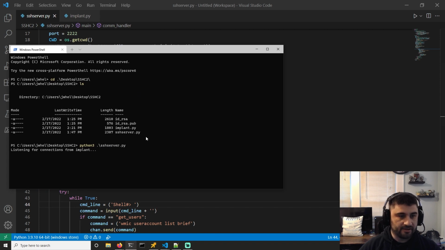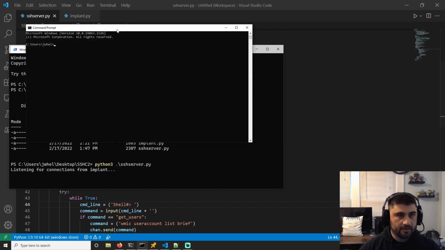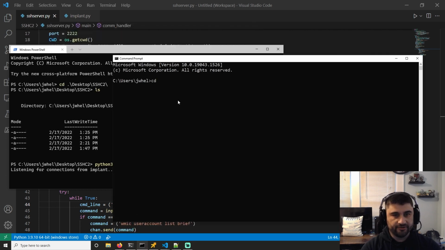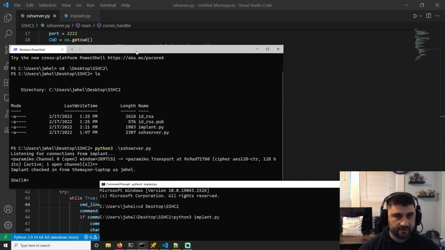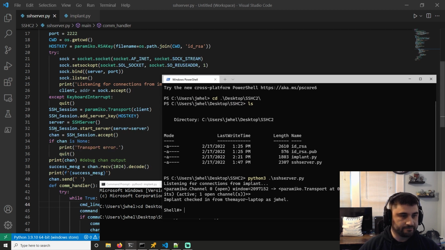I'm going to open up a command terminal next. And we'll cd over to the same place. So cd desktop SSH, and here we'll do python3 implant. And you should, if everything worked correctly, see now that we have implant checked in from the Mayor laptop as JWHell. If you go back to our SSH server where I told you we would print the value of Chan,